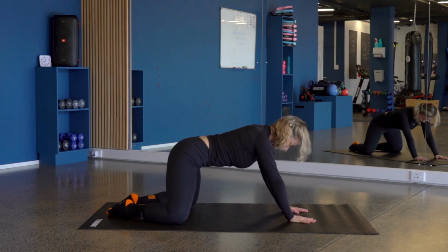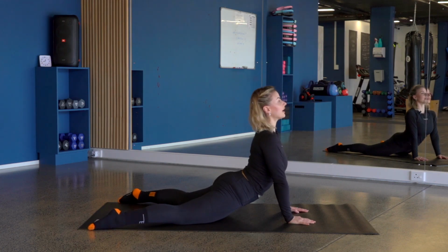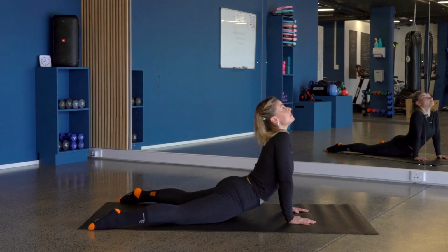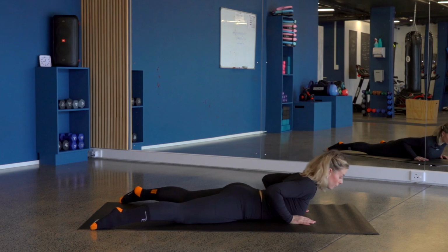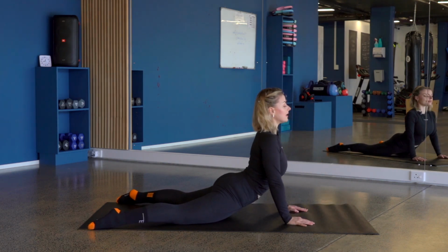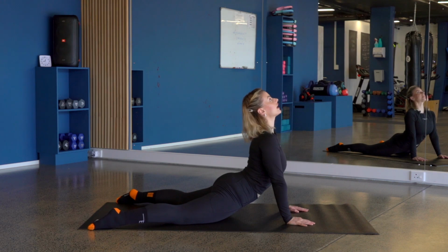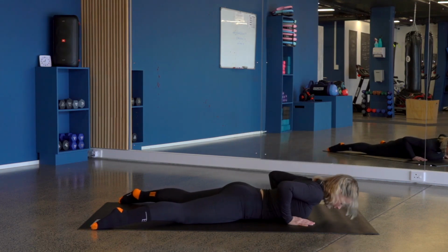Then you push all the way forward, your hips drop to your mat, you open out your chest. You don't want to be slouching, you want to press out of those shoulders. When you're ready, you drop your chest to your mat and press through the heels of your hands, opening out that chest again. You should feel a good stretch in the abdominals, the chest and the shoulders here. Last one, drop and press up,